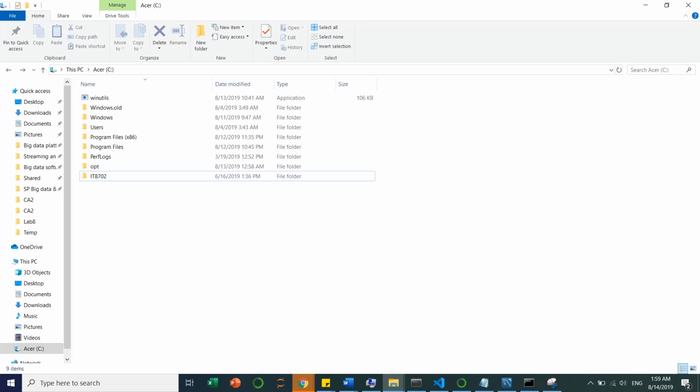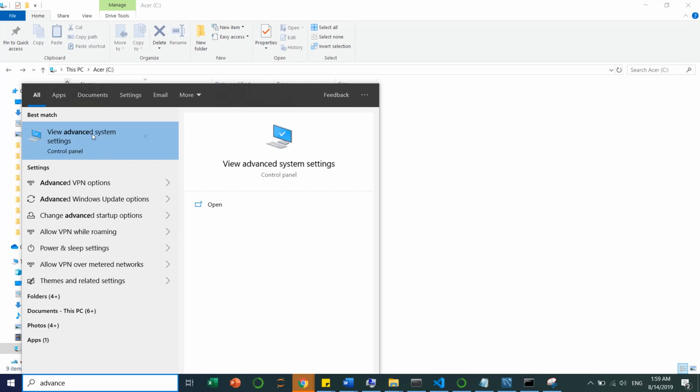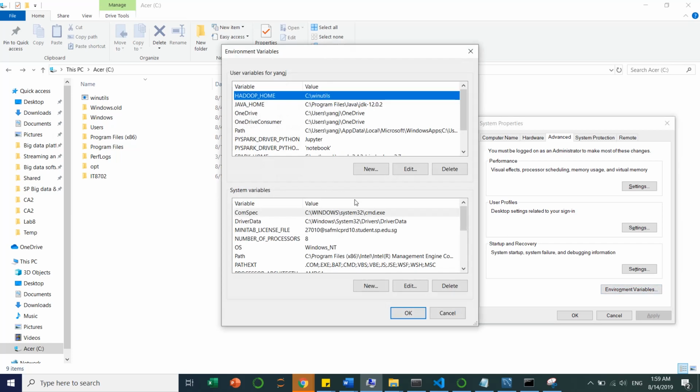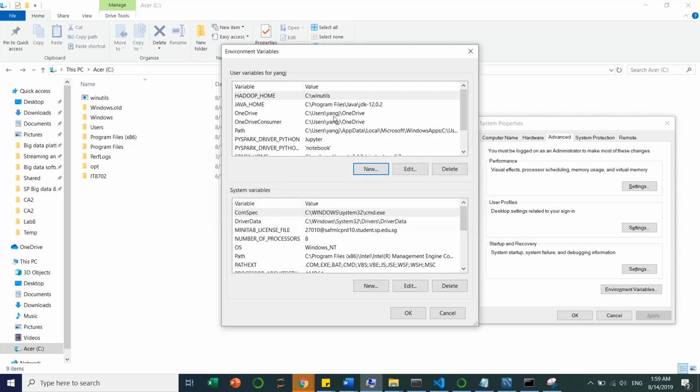Next, we want to add our paths into our user variables in the environment variables. How do we go about doing that? Just search advanced and go to View advanced system settings. Go to environment variables. Over here you can see user variables. Just click New and then add your variable name and our path. You can see I've already added Java under the variable name JAVA_HOME. This is the path. WinUtil goes to HADOOP_HOME,